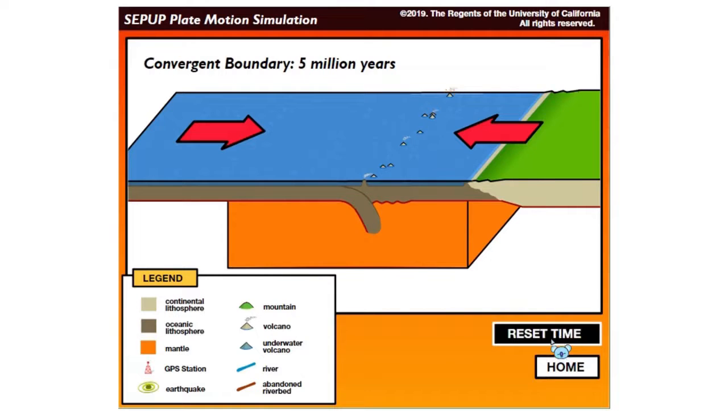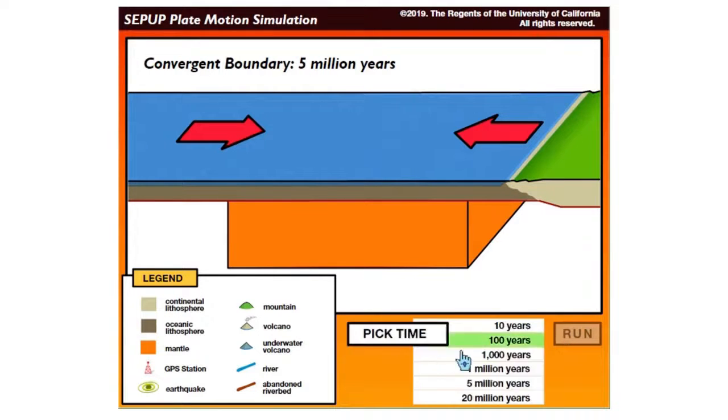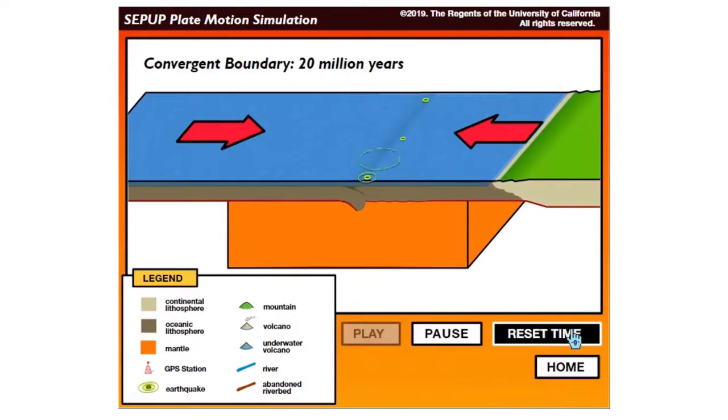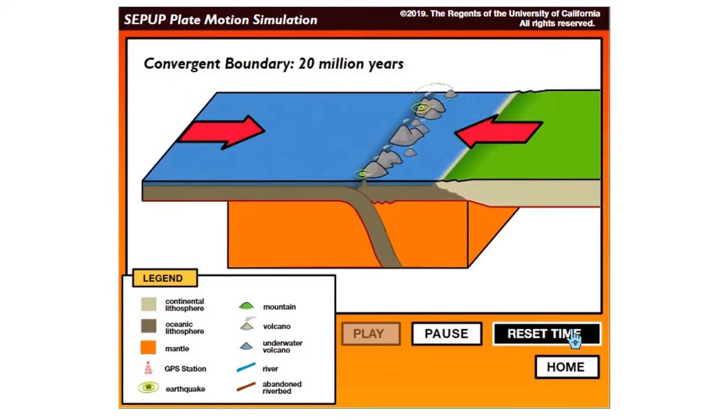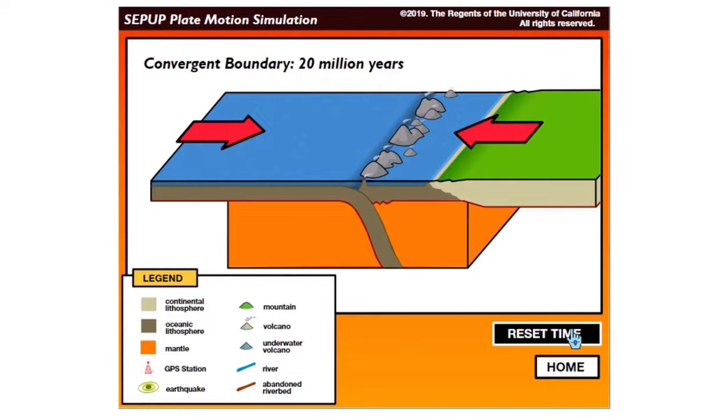Lastly, let us try to observe oceanic-oceanic convergent plate boundary in a span of 20 million years. As we can observe from the simulation, as the two plates converge, earthquakes occur. The denser oceanic crust subducts continuously deeper into the mantle, melts, rises, and creates volcanic island arc.